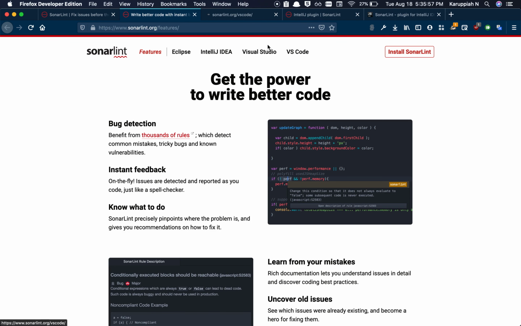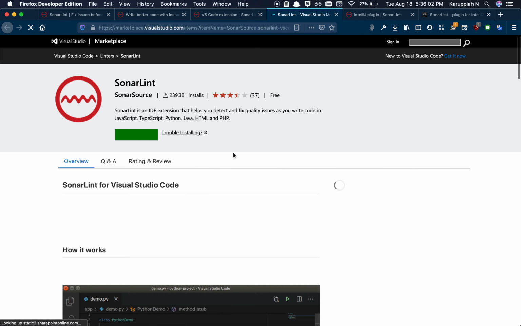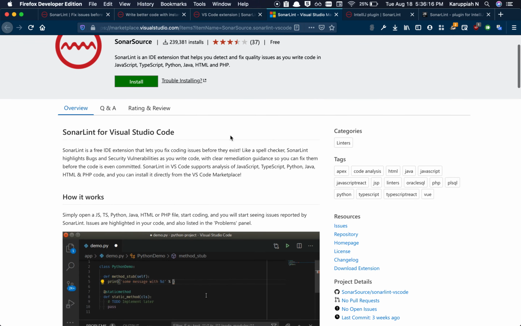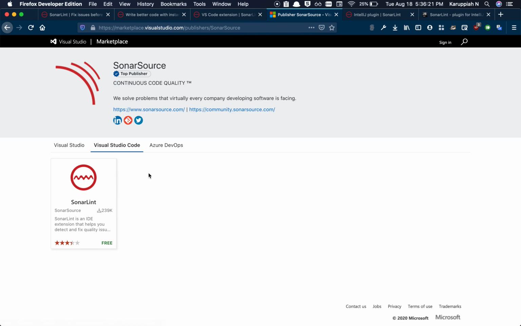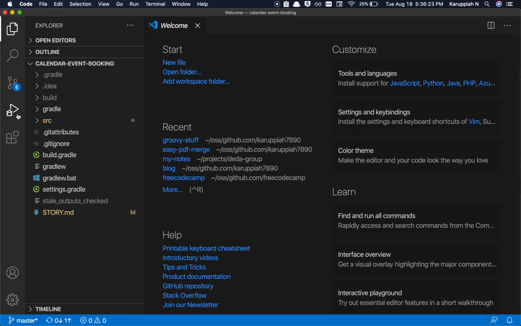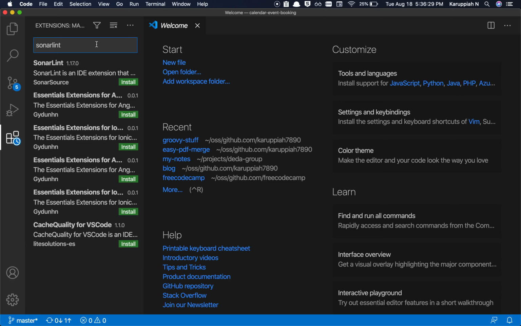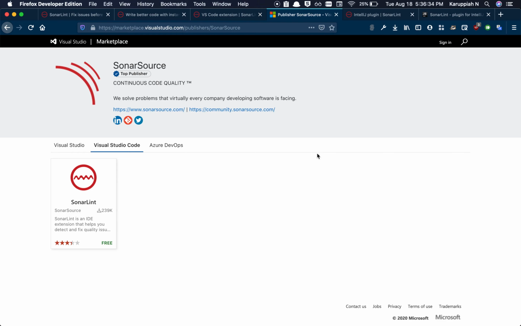If you go to the VS Code marketplace, you can notice that SonarLint is the plugin, named SonarLint for VS Code, and it's by the SonarSource people. These people are the same people who created Sonar. Now, if I go to extensions and type in SonarLint and install it, this is the same page over here.